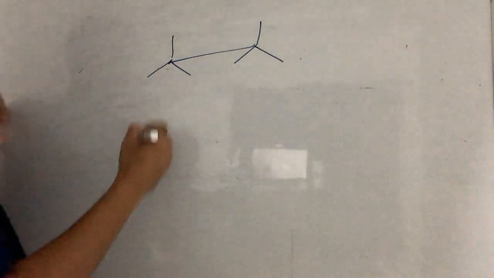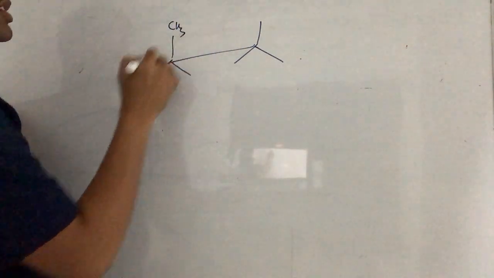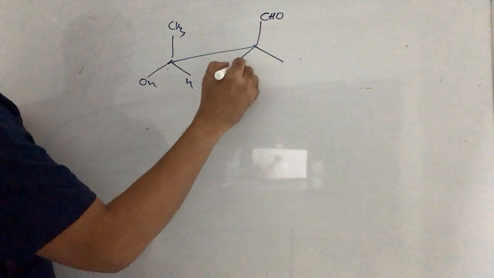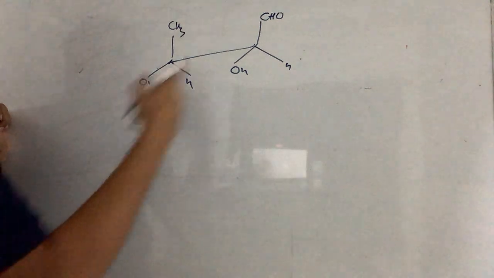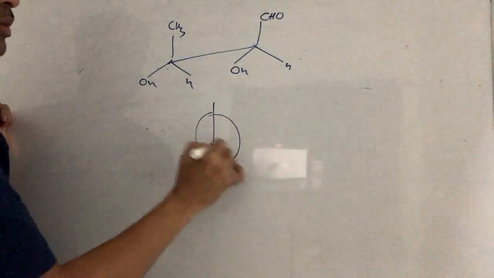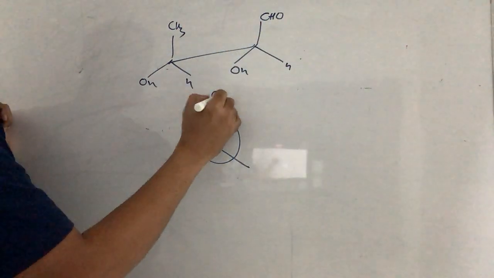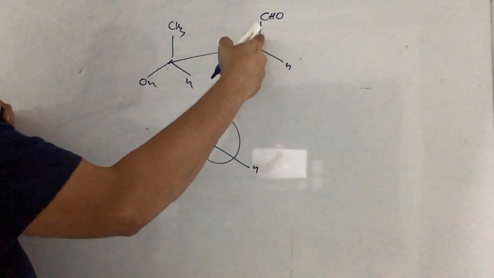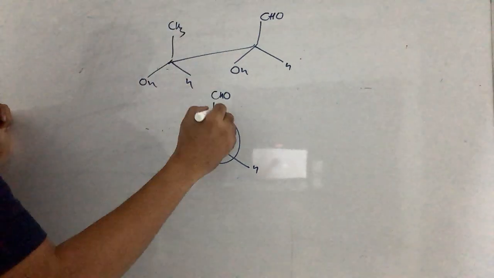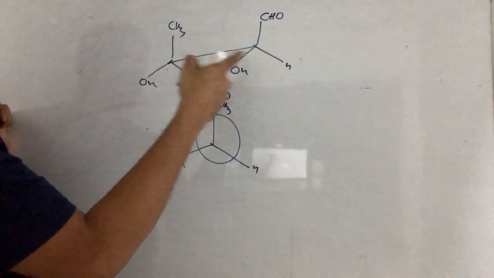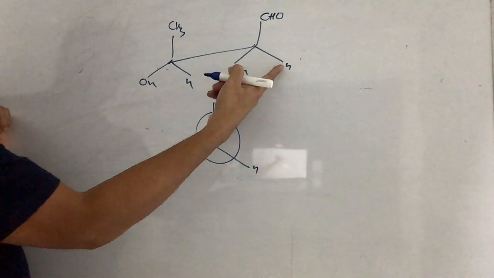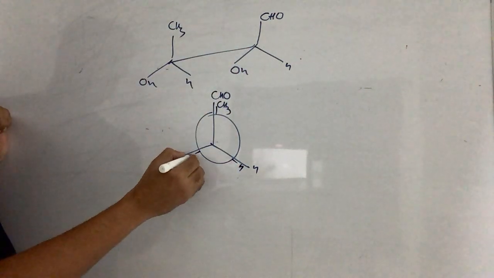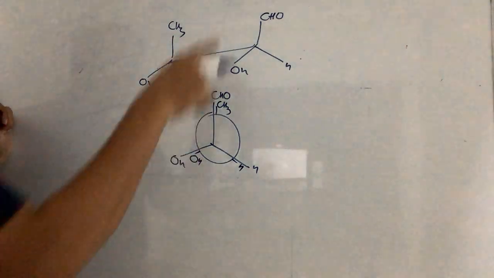If it is given like this, okay. Now this is CH3, OH, H. This is CHO, OH, H. For example, it is like this. If you want to convert this into Newman projection, this part you write as it is, CHO, OH and H. Okay, CHO, this bond, and this CH3 is coming exactly behind this, and you can see this is hydrogen. Behind exactly hydrogen we have hydrogen. Behind this OH exactly we have OH. You need to show like this.